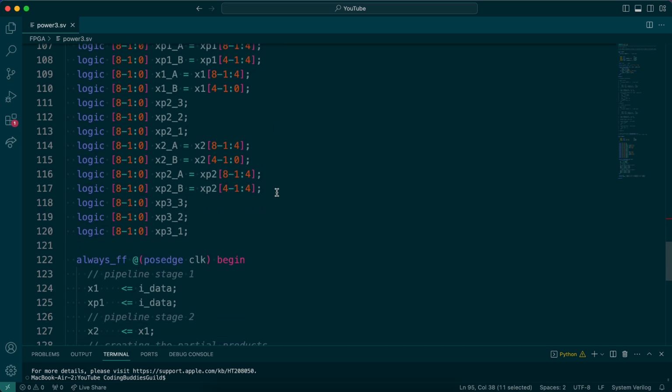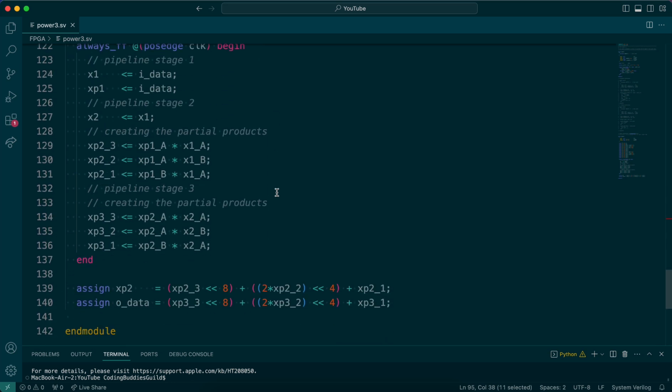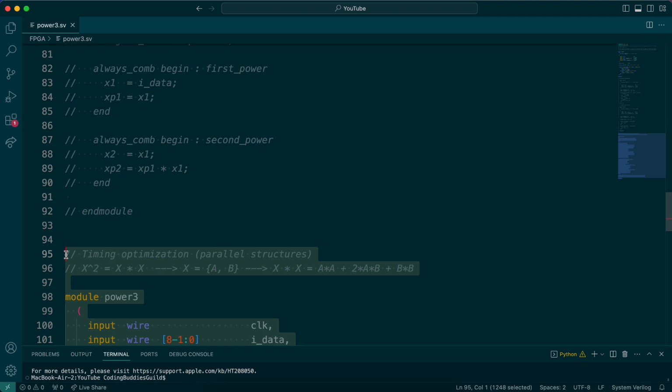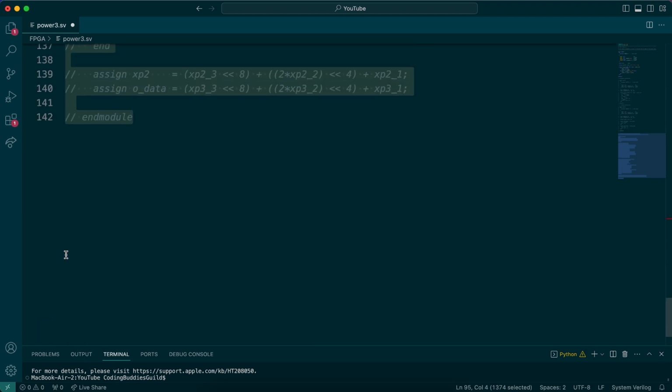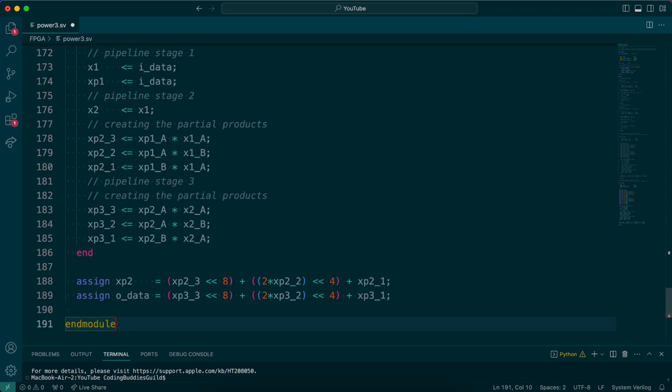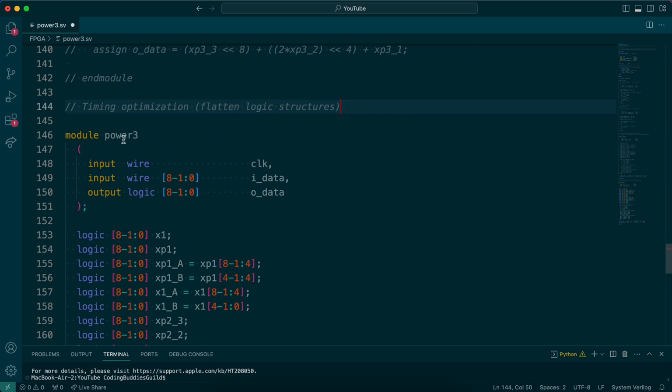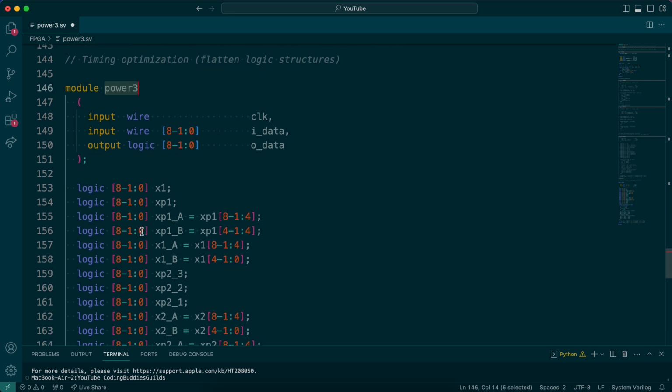In today's video, I wanted to talk about the third technique, which would be flattening the logic structures. So let's copy this code so we don't have to redo the whole thing again. And we go here, just paste it here, and I'm just gonna name it flatten logic structure. Okay, this would be something else, but anyway,